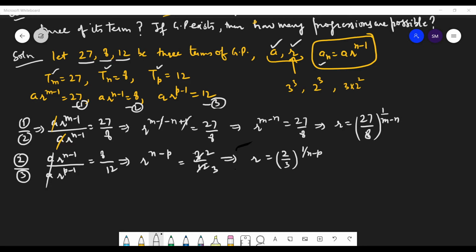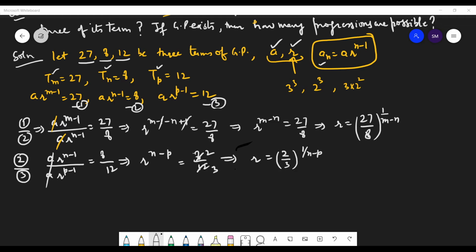So students, can you see that we are near to solving it, because we have the base 3 here and 3 here, so we can cross multiply it, and we have the base 2 and base 2, so powers will be added. So 3 raised to the power 3 upon m minus n, and this will be multiplied, so the powers will be added, and that is equal to 2 into 1 upon n minus p multiplied by this, so this power will again be added.